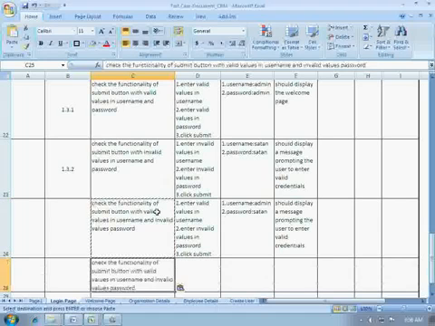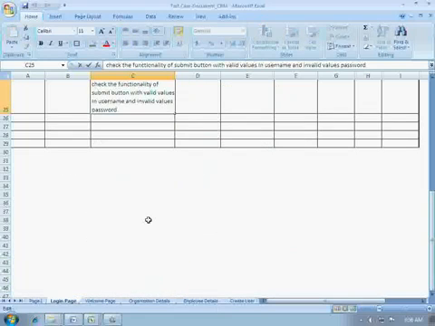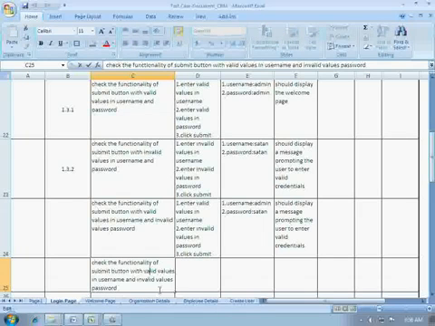Let's add one more test case. Check the functionality of submit button with